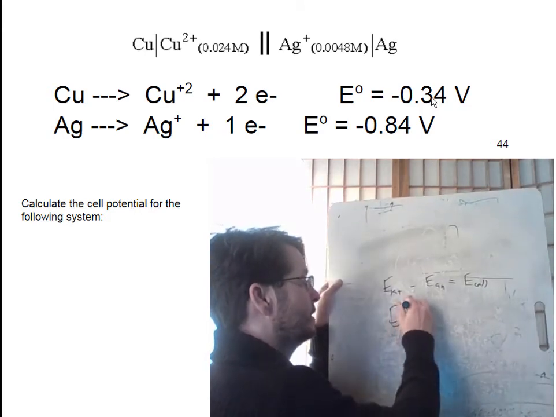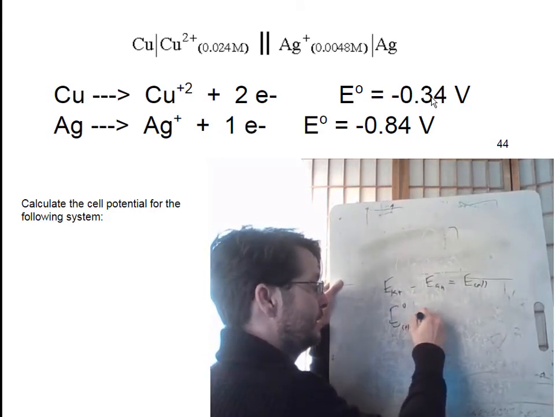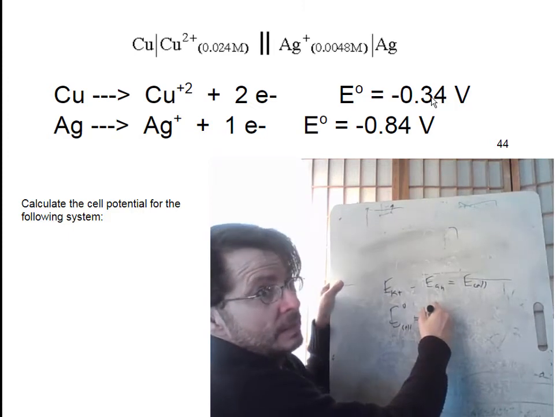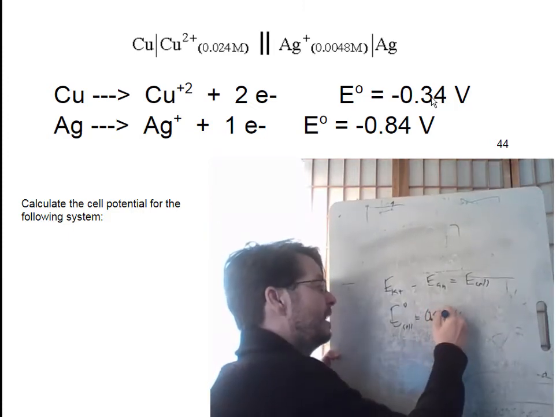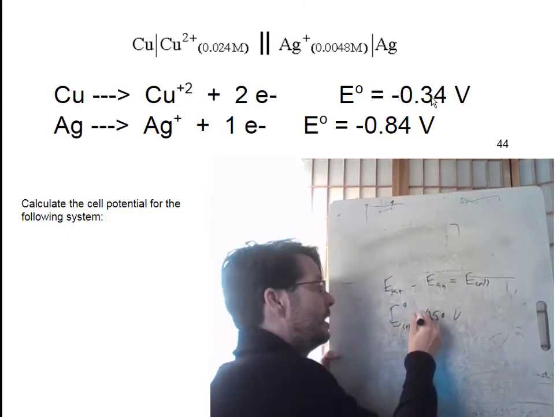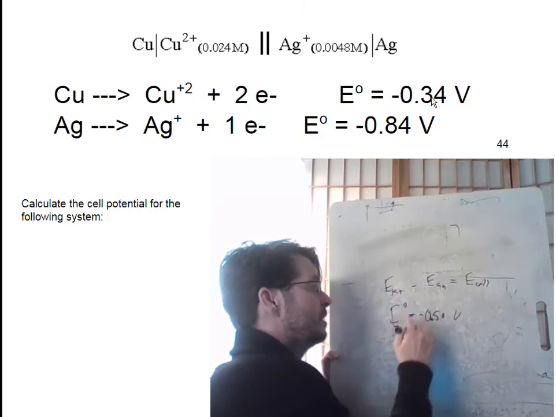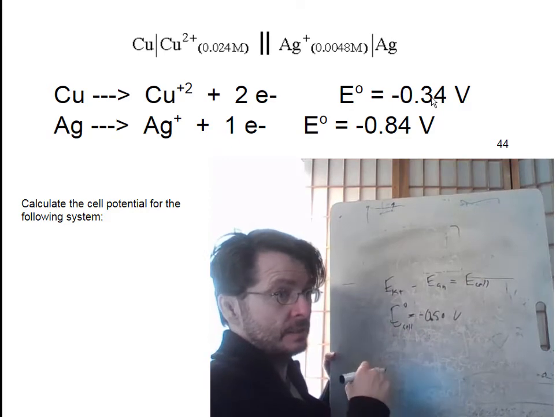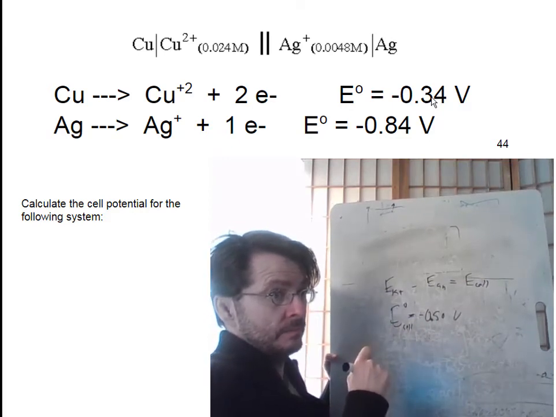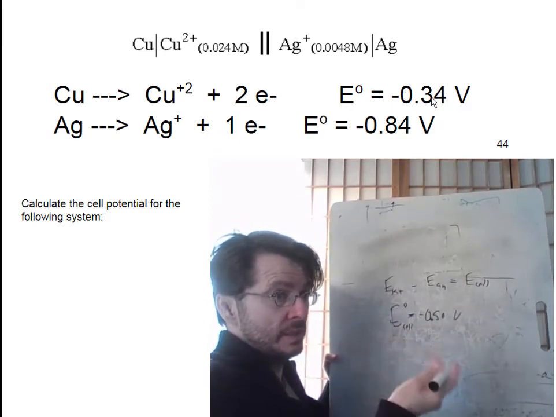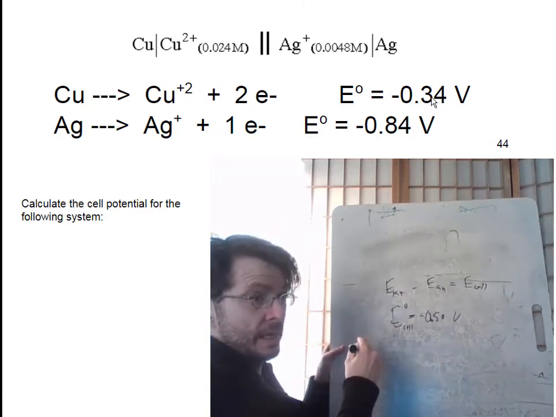an E naught for the reaction is equal to negative 0.50 volts, a negative 0.5 volts. So under standard state conditions, this reaction would not go forward. And that reaction, when you write it out,